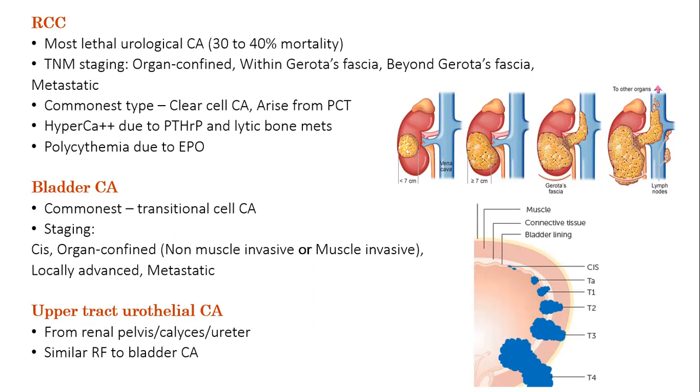And bladder CA, the commonest is transitional cell carcinoma, because that's the lining epithelium. And again, here, you just need to know the classification. It could be carcinoma in situ. That is, it only involves the epithelium of the bladder. And